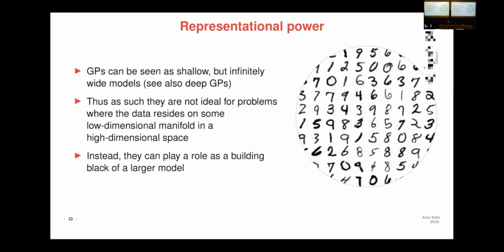But on the other hand, GPs can be great tools to combine with your fancy neural network model or something else, so that they can play an important role in a bigger system for encoding knowledge to some part of the problem, or helping with quantifying uncertainty or something like that. Great. With that said,